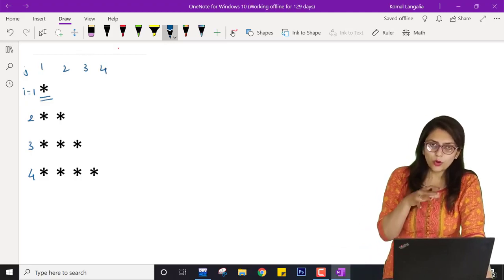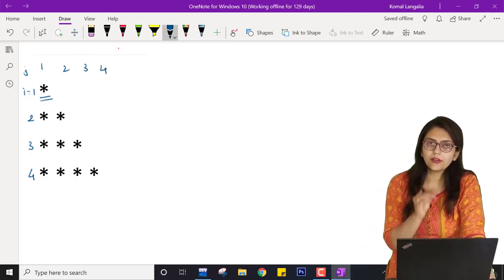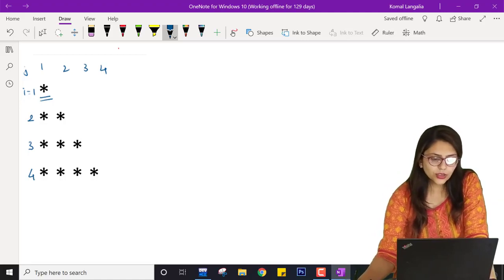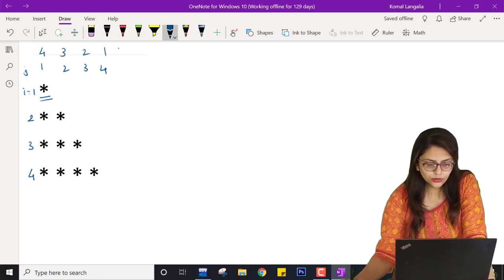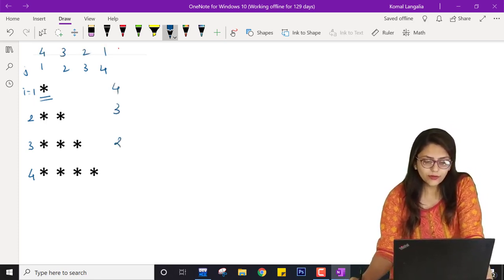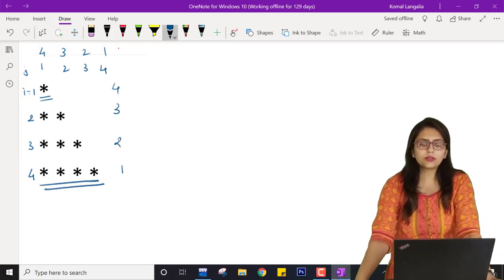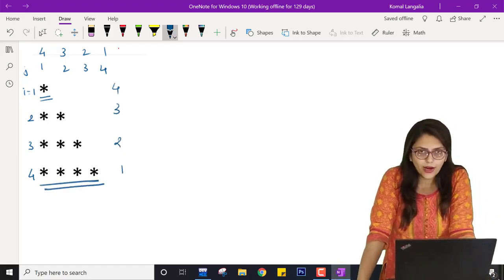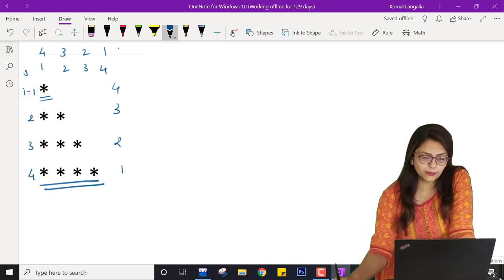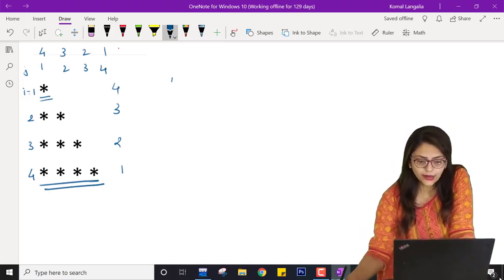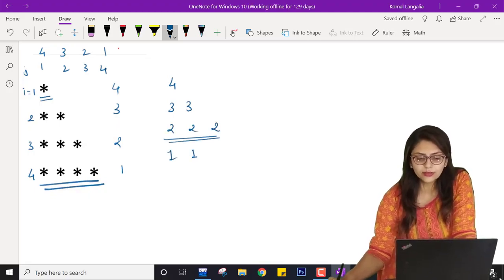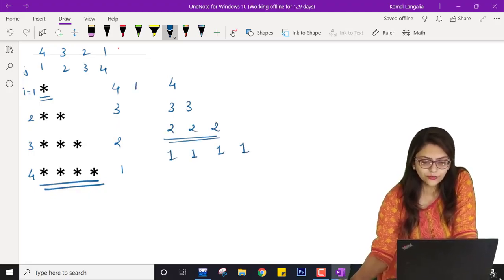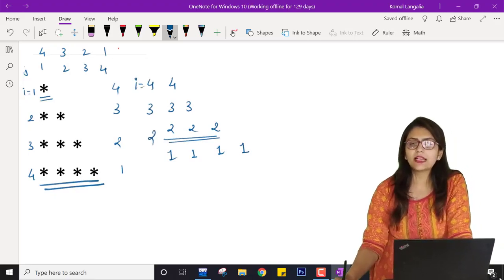But you know, it is not possible in mathematics, but whenever you are dealing with a computer system, you can also start J's value with 4, 3, 2, 1 or I's value with say 4, 3, 2, 1. Right. So whenever you are dealing with symbols, it is worthless to decide what the value of I and J is. But if you are printing something, like suppose you are printing a pattern like this, you know that you are printing the value of I, the value of the row over here. So at that time you can say that the value of I should range from 3 to 1 only, then only I will get this kind of pattern.